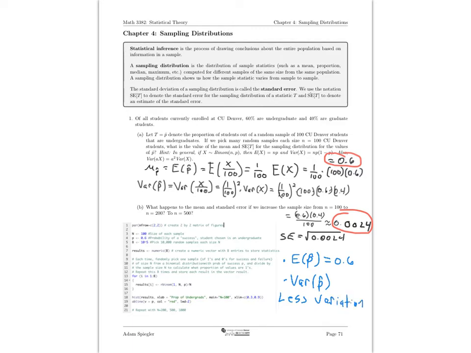Since the larger our samples are, the less error we're going to have due to the sampling process. So we would expect this variance to get smaller as n gets large. Okay, so now we've looked at this kind of thinking mathematically using properties of expected value and variance that we